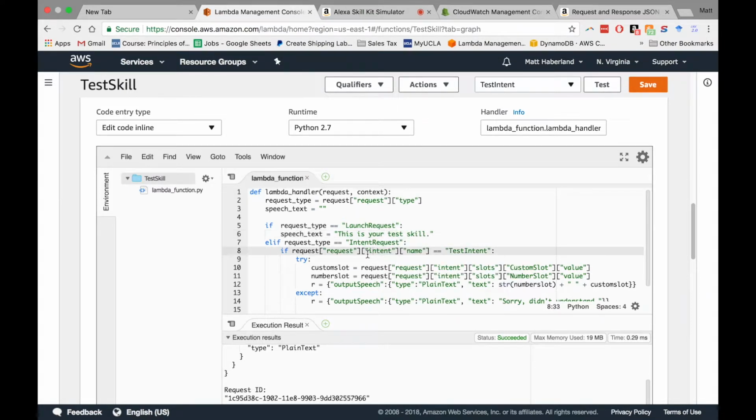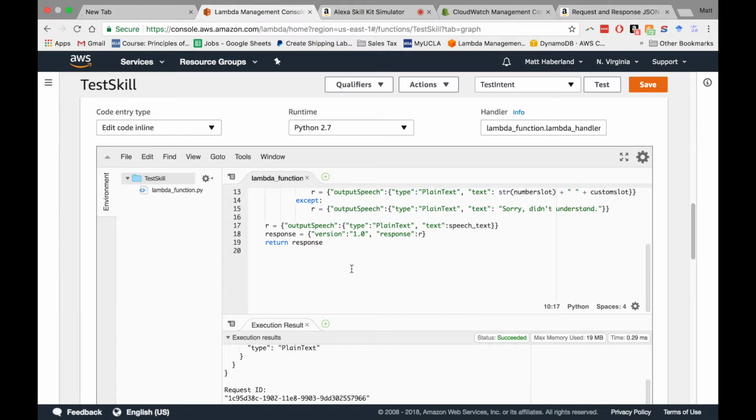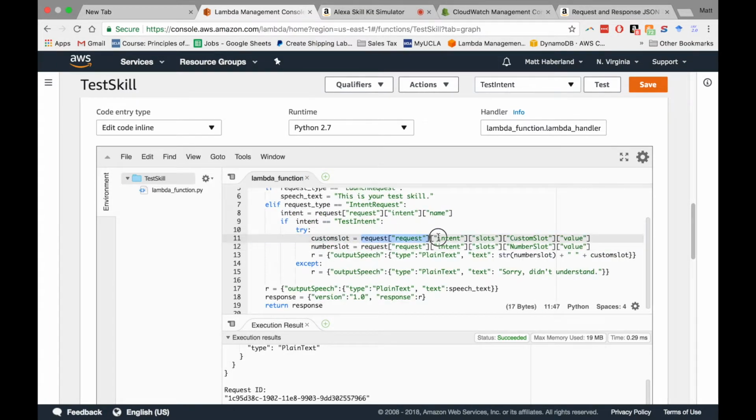And let's see. Here, let's simplify this a little bit, because if we had multiple types of requests, or multiple types of intent, intent gets this, and if the intent is test intent, then we will do all this stuff. No, we don't have to have all this, do we? Yeah, I think we do. I guess we do. We've got to get out the slots, but